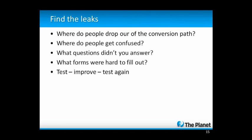Just kind of reiterating this piece of it. You want to find out where people are leaking off the site because that's money out the door. Where do they leave the conversion path? What's confusing? What questions aren't you answering? What forms are hard to fill out? And finally, once you've tested this, and I guarantee you will find some improvements to make in the site,